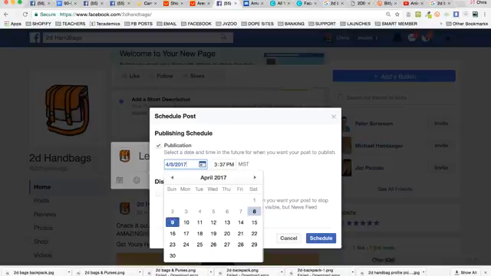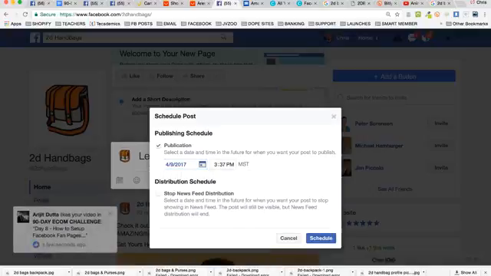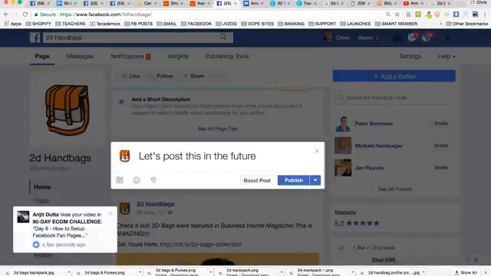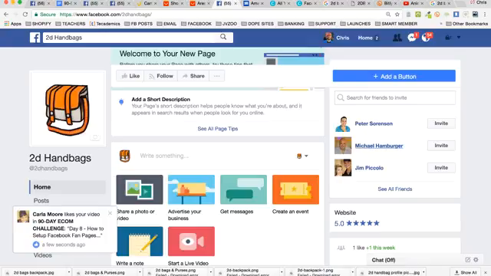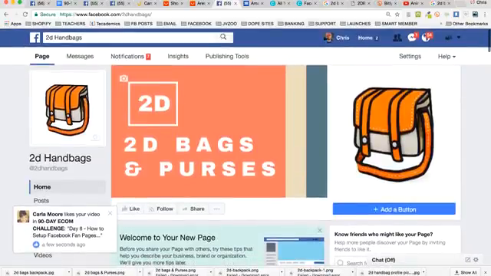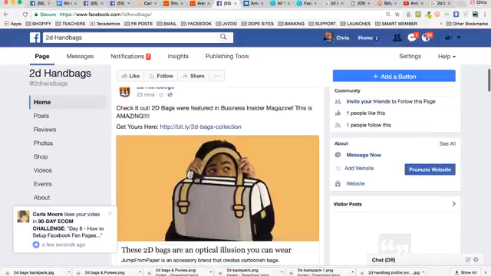The same thing I'm doing right now, posting pictures, posting links, posting news. You would just schedule, I want this one to go on this date, and then you choose at noon or whatever. Okay, so you can basically post posts in the future and everything. So anyways, now, in recap, we've got a profile photo, we've got a cover photo, we've got a few posts